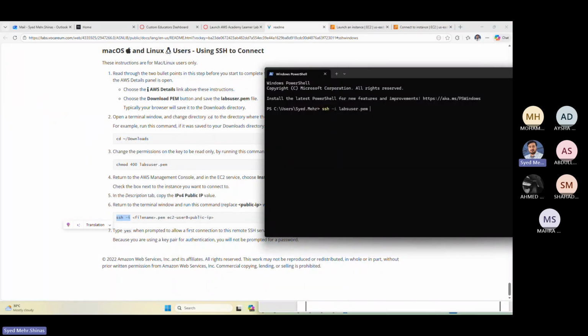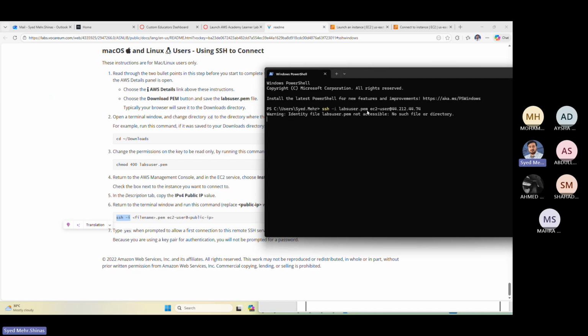PEM, ec2-user at the rate, then the public IP. Okay. Now here, no such file. Why we don't have the lab? Okay, ssh -i. Okay, so what you can do, you can access through the SSH through the Windows PowerShell lab